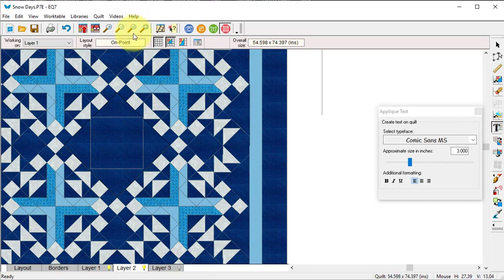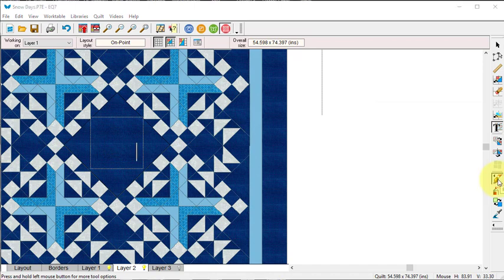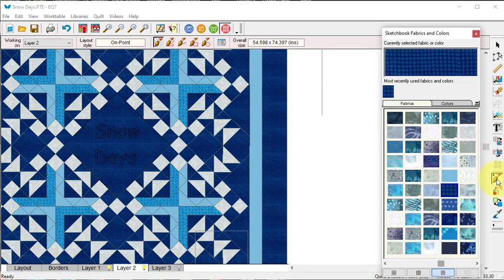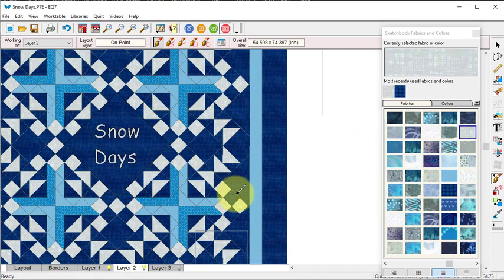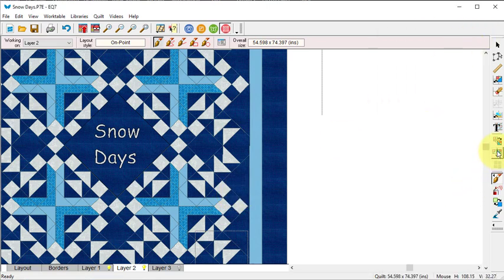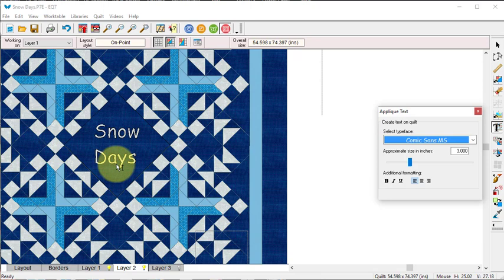And it's like, well, what happened to it? Well, it basically colored it in the same fabric as that dark blue. So I am going to select my paintbrush, and I'm going to select either another fabric or color. I'm going to pick something really light, and I'm going to color it with that. So that's looking a lot better, but if I still want to make changes, I can go into my text